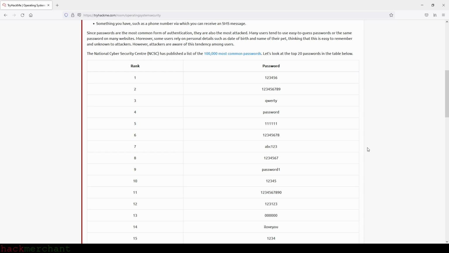Many users tend to use easy-to-guess passwords or the same password on many websites. Moreover, some users rely on personal details such as a date of birth and name of their pet, thinking that this is easy to remember and unknown to attackers. However, attackers are aware of this tendency